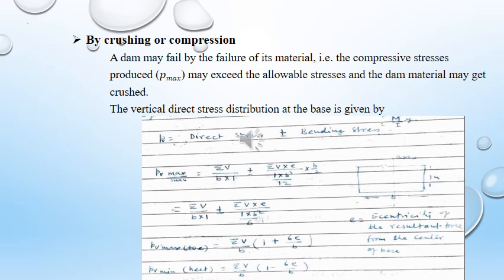So, then this is the maximum at the toe when the reservoir is full condition, and the minimum is taken with minus. So, this is at the heel, but if the reservoir is empty, then the P_B max at the heel is summation of V by B (1 plus 6e by B). So, then it will change here. So, P_B minimum, this is at the toe for the reservoir empty condition, summation of V by B (1 minus 6e by B),